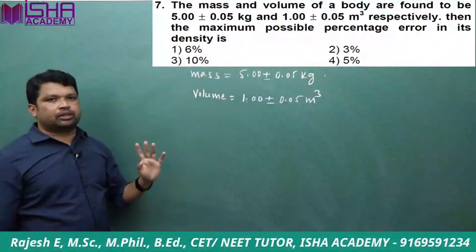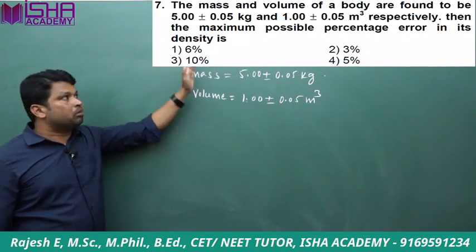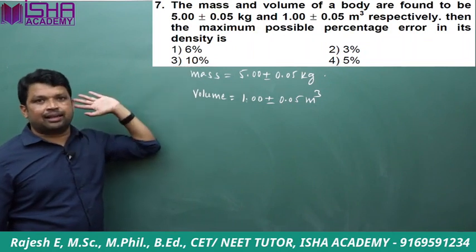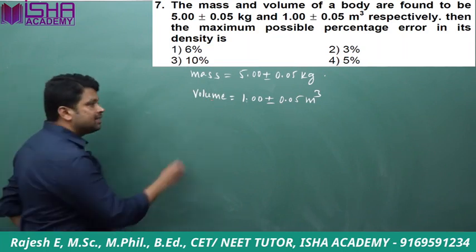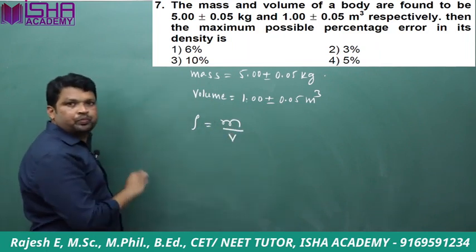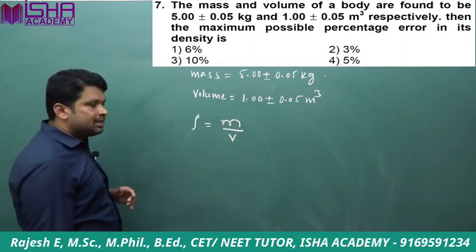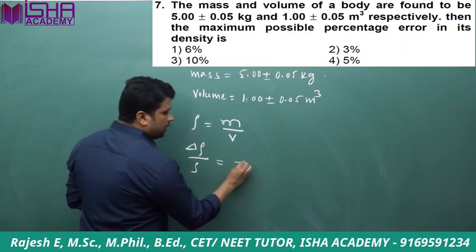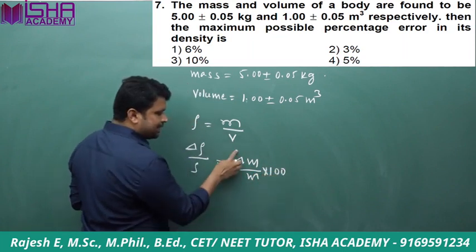Guys, see the next question. Here we have to calculate the possible percentage error in density, and this is given. Mass and volume are given. So what is density? Density rho is equal to m divided by volume. So how are you going to write the percentage error for rho, m and v? This is delta rho divided by rho is equal to delta m by m into 100. This is percentage error in mass